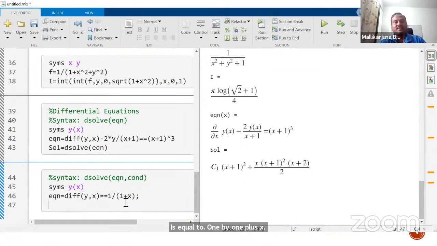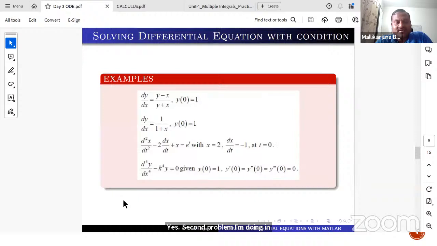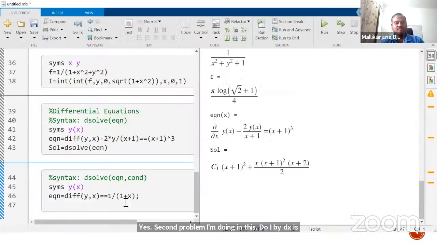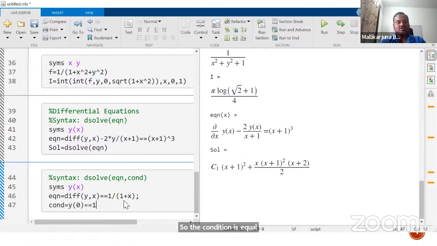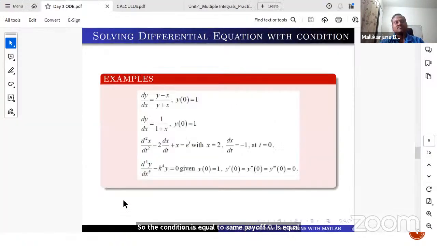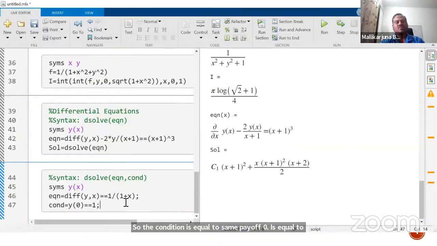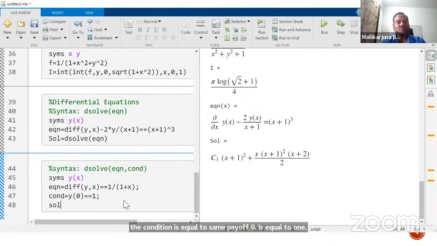So dy by dx is equal to 1 by 1 plus x, and y of 0 is equal to 1. So the condition is the same, y of 0 is equal to 1. Now the solution, dsolve